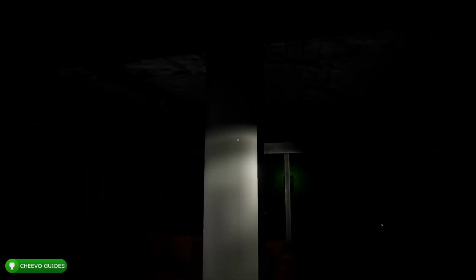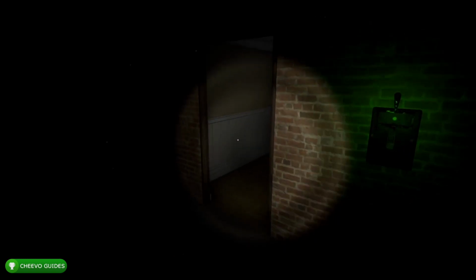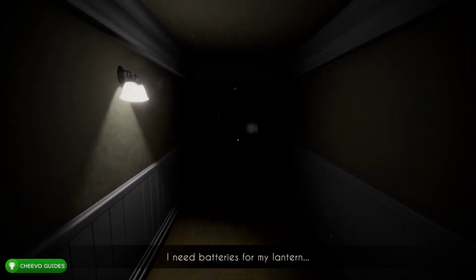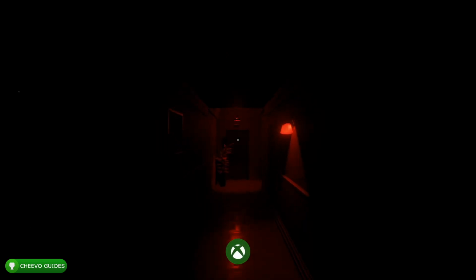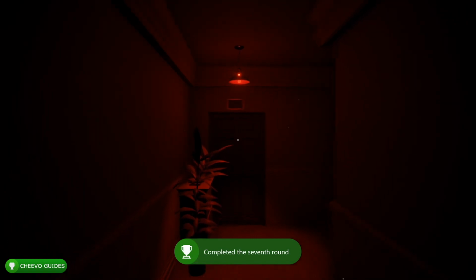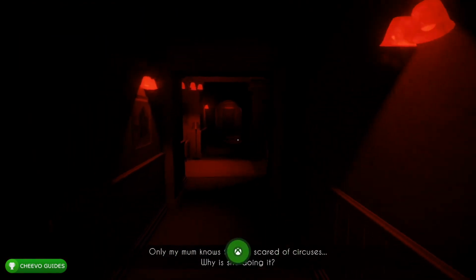Now, I believe this is the final piece of the Ouija board. By the time we get back to the desk in the next round, the Ouija board should be completed. So head over here, and we're going to walk through the mirror. That's going to give us our achievement for completing 7 rounds, and all of the lights are going to turn red. Just follow the hallway, take a right,